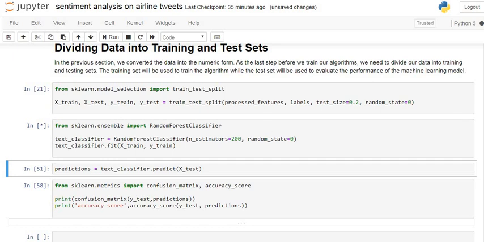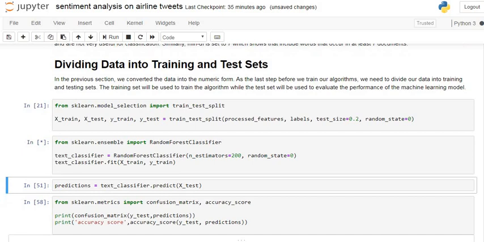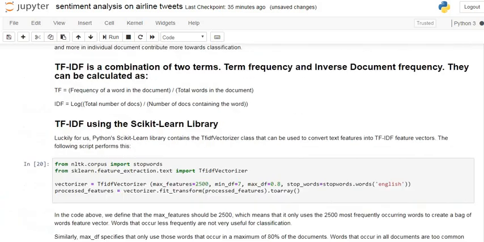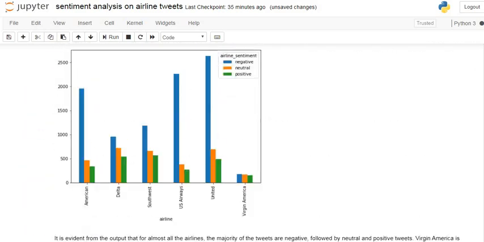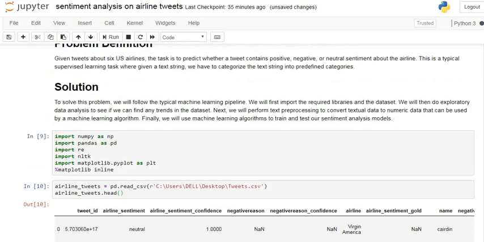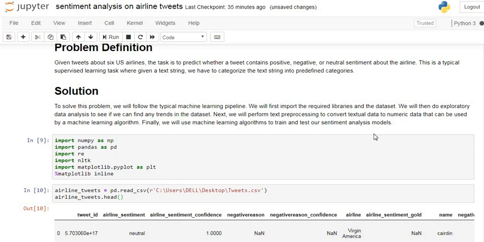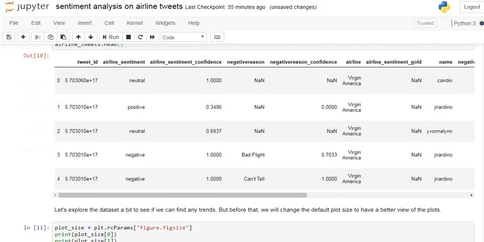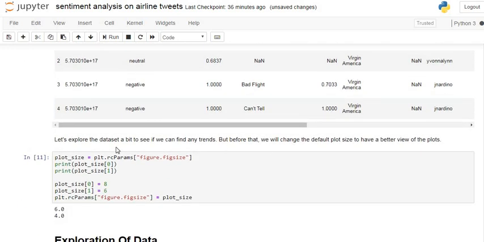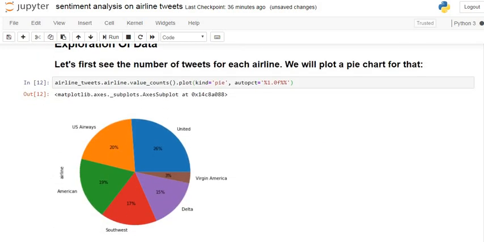While this model is running, we see first of all the process we have to do in sentiment analysis. First of all, import all the libraries, import the dataset. Again, these are the parameters we applied for setting our figure size, the parameters for the visualization of the plot. Again, we explore our data.